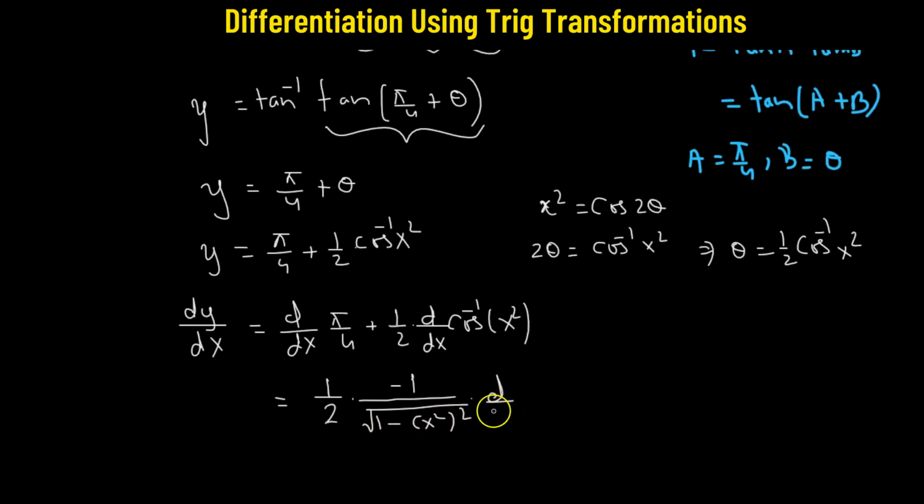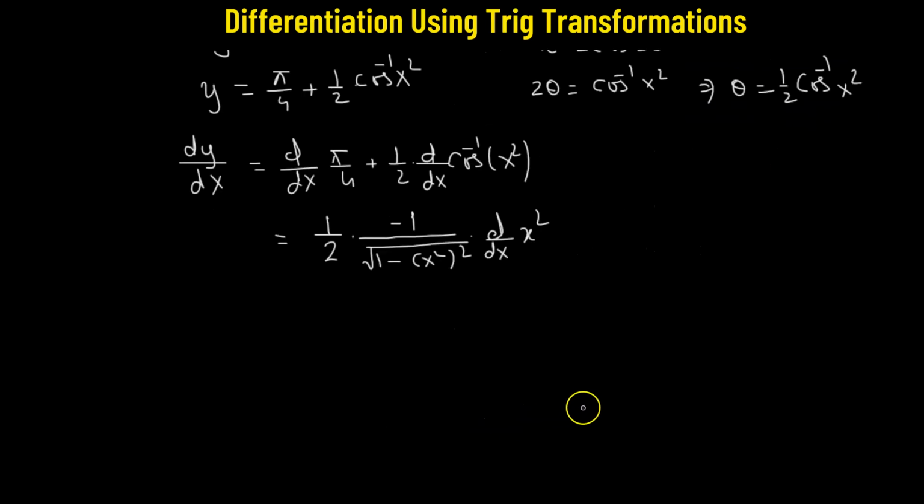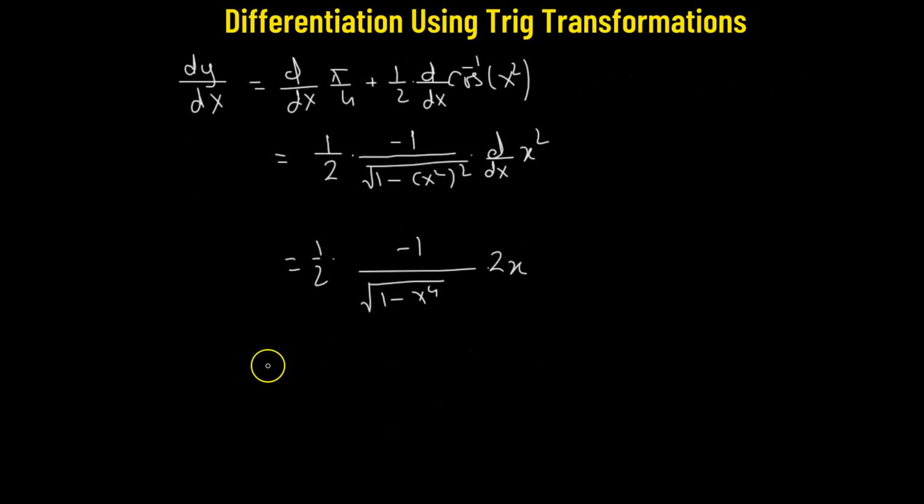So we will need to multiply it by the derivative with respect to x of x squared using the chain rule, which gives us half multiplied by -1 divided by square root of 1 minus x raised to the power of 4. The derivative of x squared with respect to x is 2x, and therefore our final answer, the derivative of y with respect to x, is given by, so here's 2 and this 2 goes away, so we have -x divided by square root of 1 minus x raised to the power of